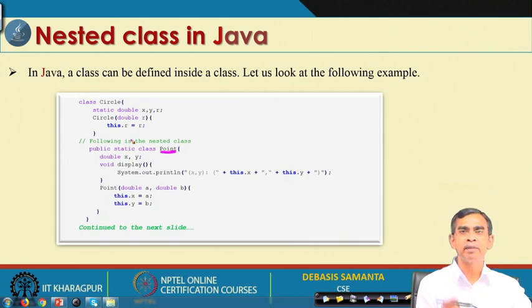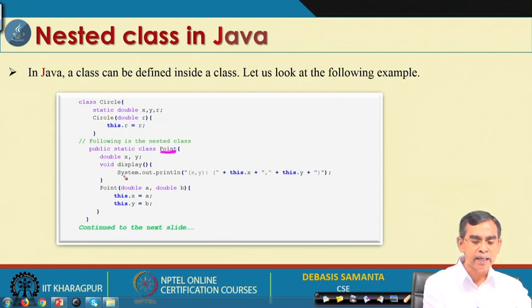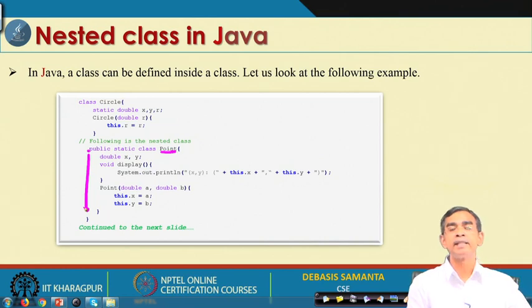If we declare it static, it means there is only one instance for all the circle objects that we create. Anyway, this is the one point class that we have declared within this class. So, this declaration is the nested declaration, and it is an example of a nested class.